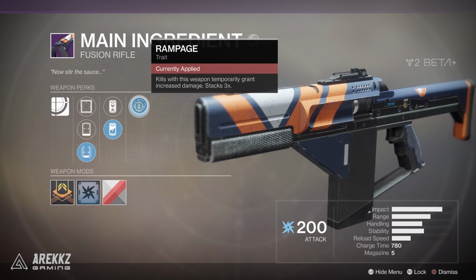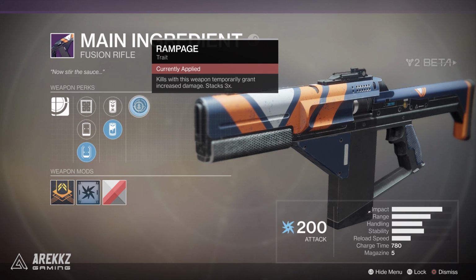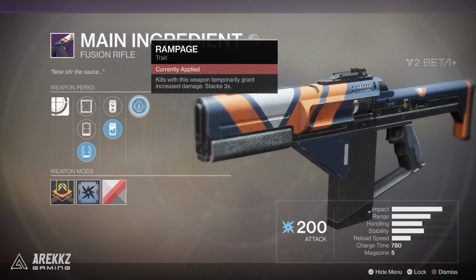And of course also Rampage: kills with this weapon temporarily grant increased damage, stacks up to 3 times. So if you think about a Crucible match, when you get the power ammo and you have a few shots with this, then provided you can get people close up, you can actually get some pretty good damage